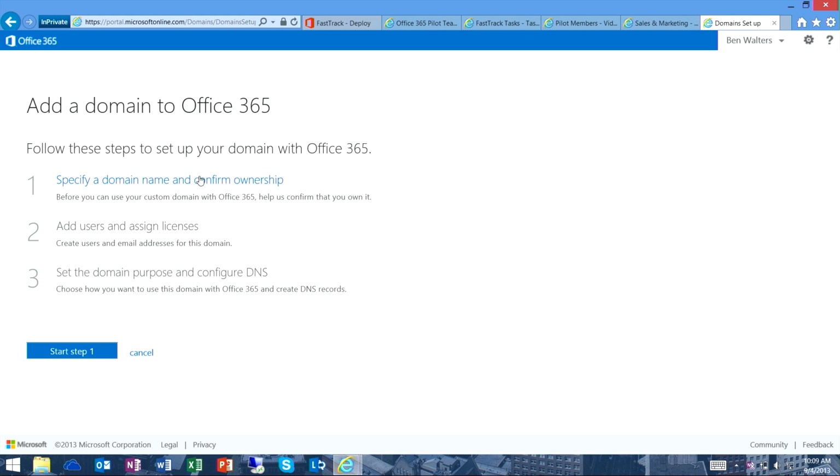You can't go in and register Microsoft.com and set up your own Office 365 service like that because you can't verify you own it. Now, the way we go about that verification process is we get you to add a TXT record to your DNS. It's pretty simple, pretty straightforward, very non-intrusive, very easy to set up and go through.